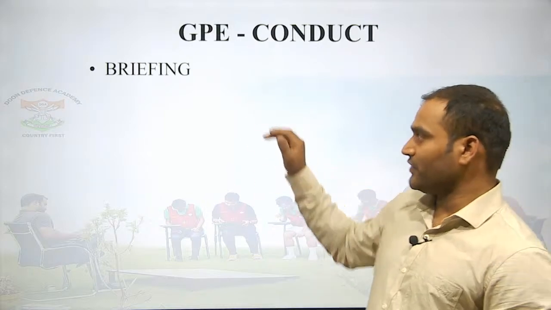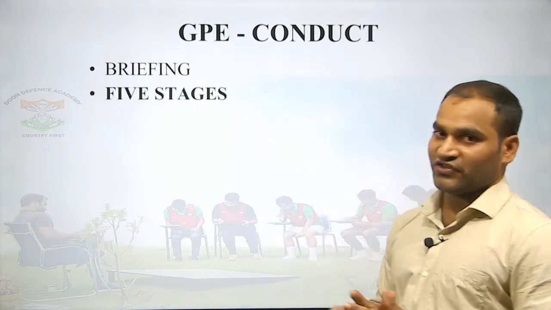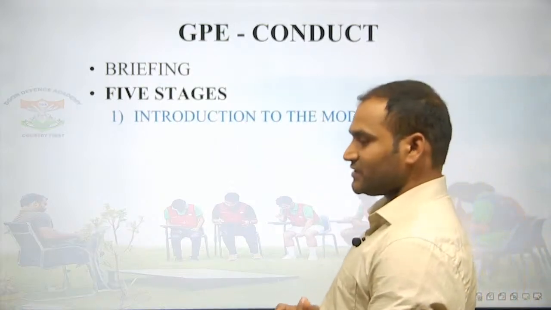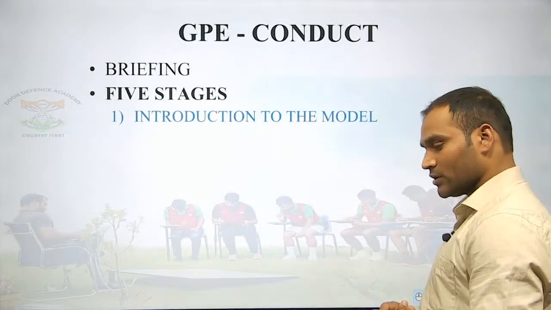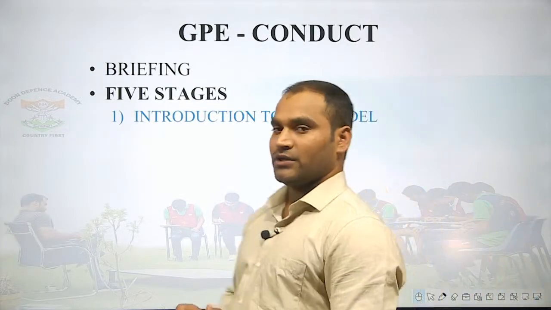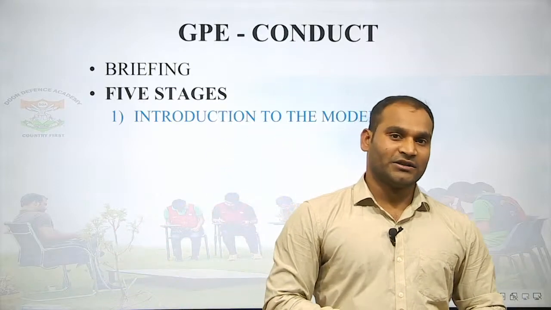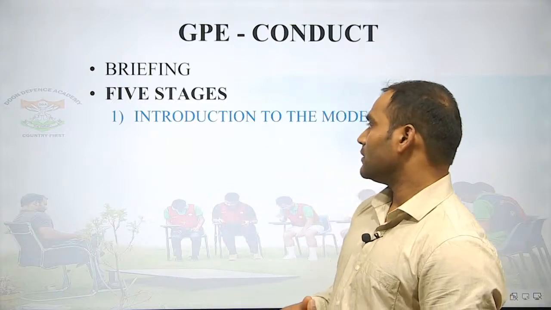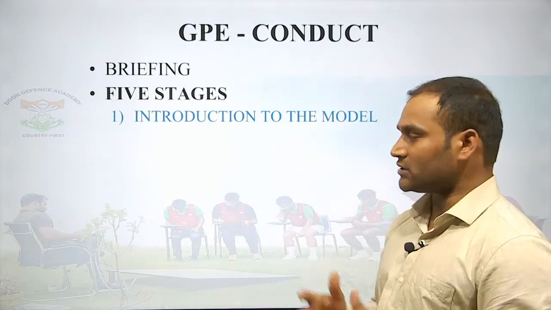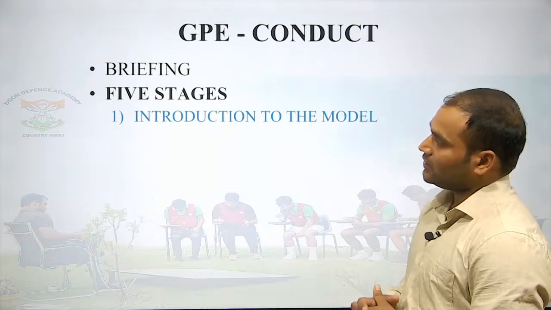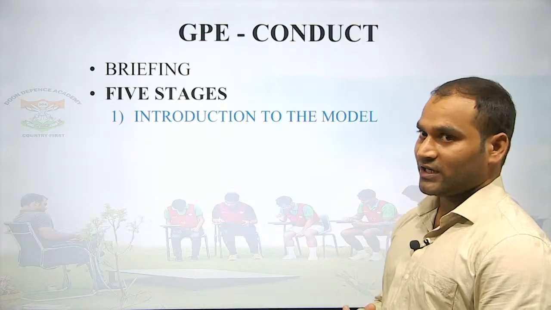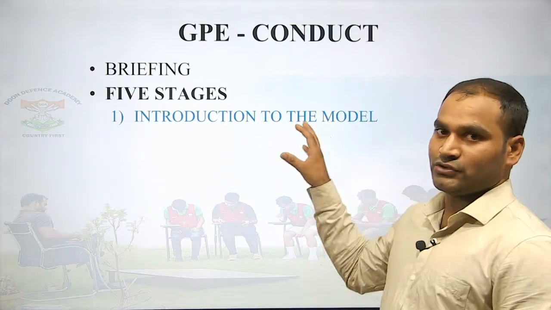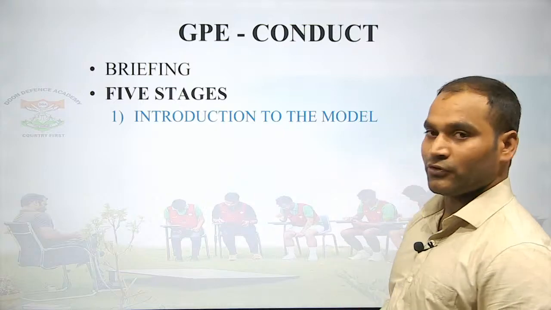So, there will be proper briefing, and after that the 5 stages are there in the military planning. So, what are those 5 stages? First thing, there will be introduction to the model. So, model means a map. So, he will give you a very simple map. It is not the map of military, which is very difficult to decipher, like of navies, the stars are given, or you must have seen the map in the Air Force, that kind of topography is not there. So, it simply means that the model will be very easy to understand, and I will give you that map, so you can understand better.